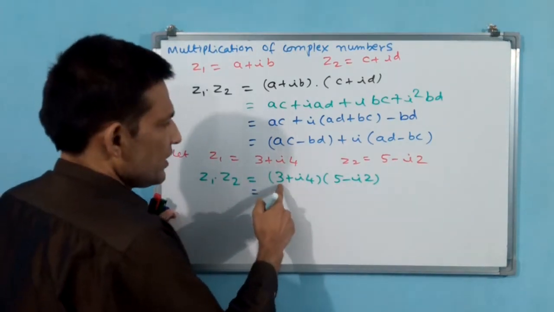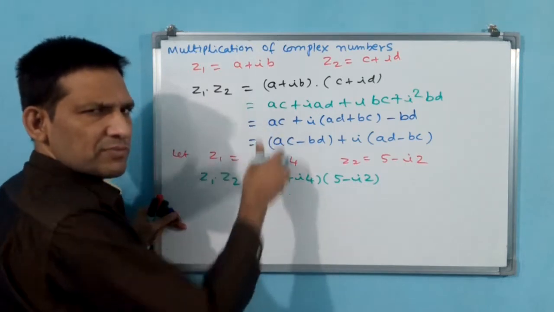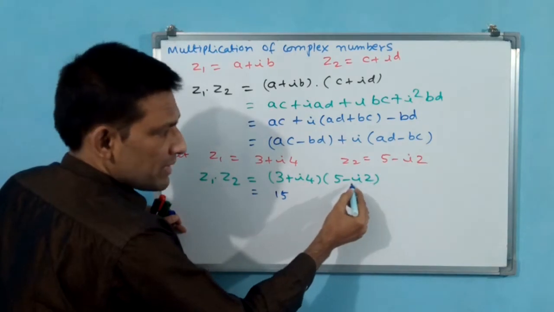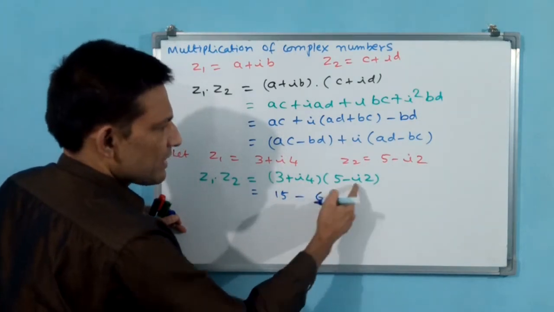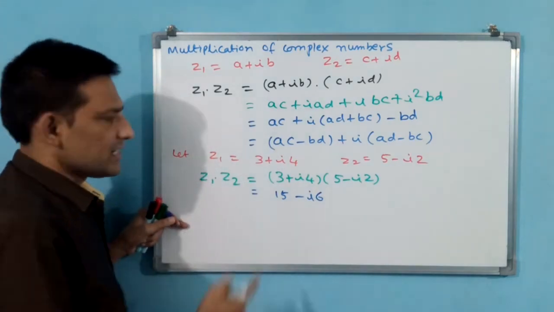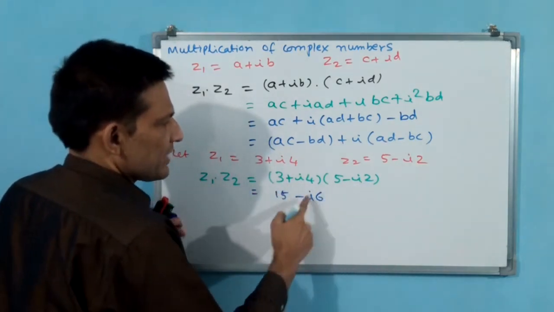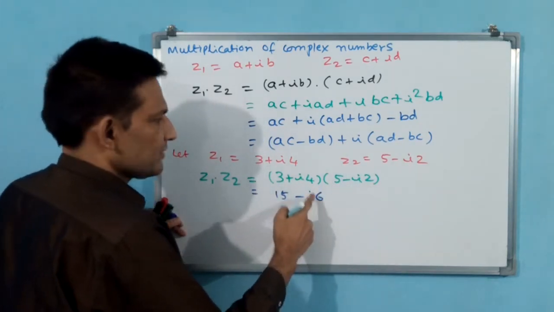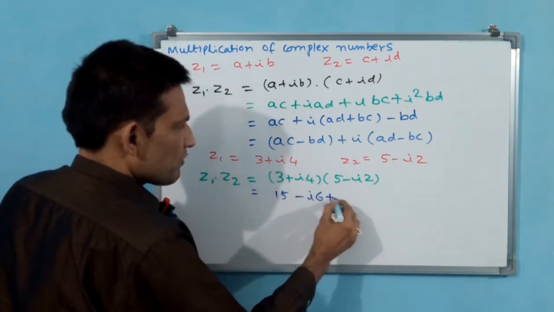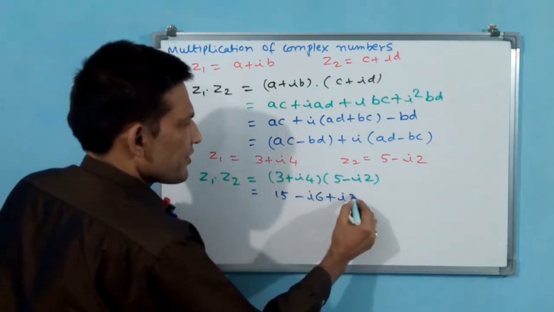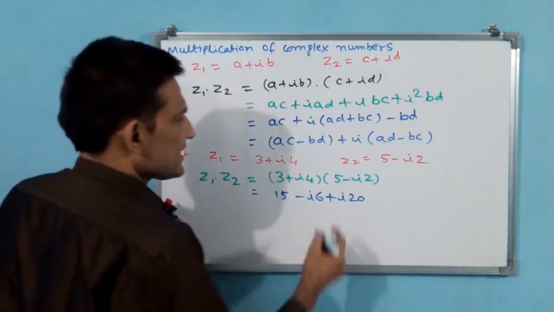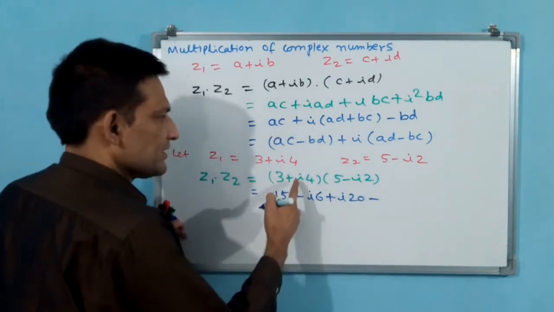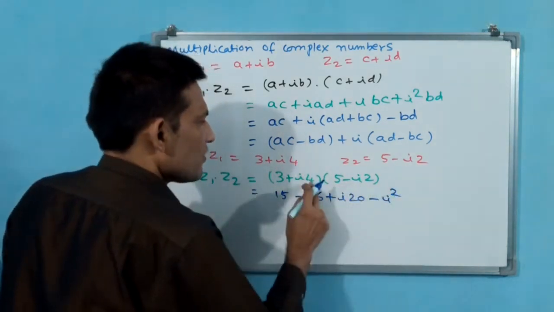Now, directly I am doing it; these many steps are not required. You see, 3 into 5, 15. 3 into 2, 6, but minus 6. Minus 6, but i is there, i6. Understand? 3 into 2, 6, but minus i is there: 3 into minus i into 2, minus i into 6. Then both are plus, that is why you put plus i also: 4 into 5, 20. Next, you see minus into plus, that is why you keep minus first: i into i square, 4 into 2, 8.